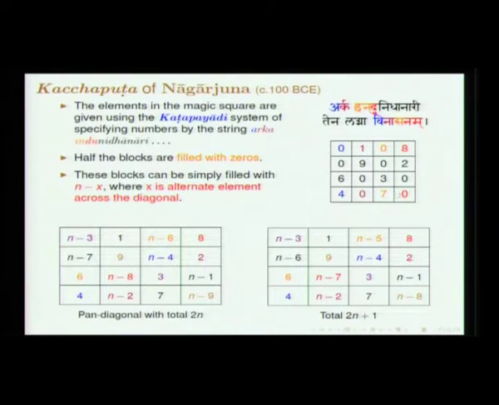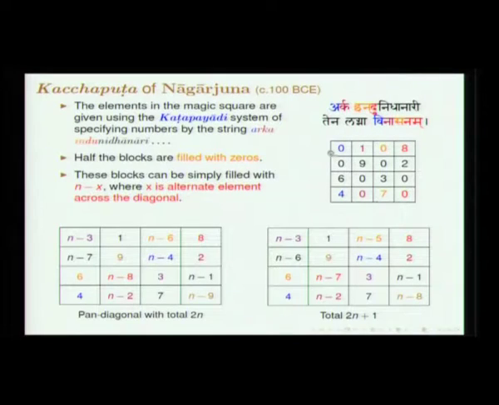So this mnemonic, what is the significance of this mnemonic? See the point is, in this magic square a certain number of cells have been filled with 0, and exactly 8 cells are filled with numbers. And these cells which have been filled with 0 can be filled with n minus something. For instance, if 6 is here, I put n minus 6 here, and if you find 0 here, I put n minus 2 here, since 2 is there.